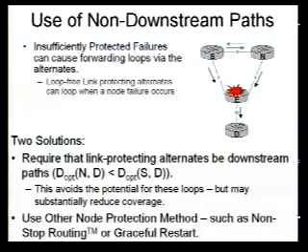So in this particular example, S could use N as a downstream path because S's cost to D is 15, and N's cost to D is 14, but N couldn't use S as an alternate, and therefore you won't get the loop. It turns out if you use downstream paths as opposed to just loop-free, it's a stricter requirement, and you can avoid this looping concern, but it reduces your coverage. And it substantially reduces your coverage in the topologies that we've analyzed. Another method is to use another node protection mechanism such as nonstop routing or graceful restart to try and protect your node failures.